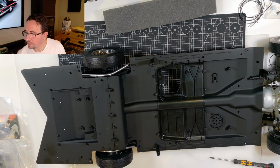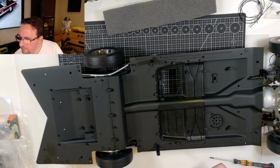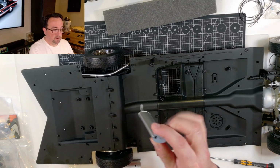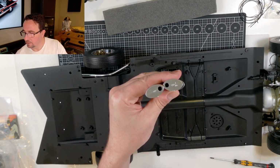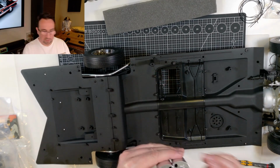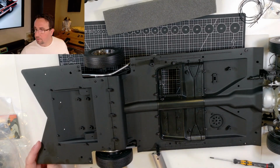Just find the instructions for that. So they're quite simple to attach. They go on with AP screws, and I believe they're no, they're not the same, they are handed. Okay, so we need to make sure we get the right side. So the end of these resonators, each one has a hole in it, and you'll see the holes are not centered, so we need to make sure we get them on the right side. It's going to be quite straightforward because you can see whether or not it lines up with the exhaust pipe that goes underneath. So what I might do is just put the model on its side